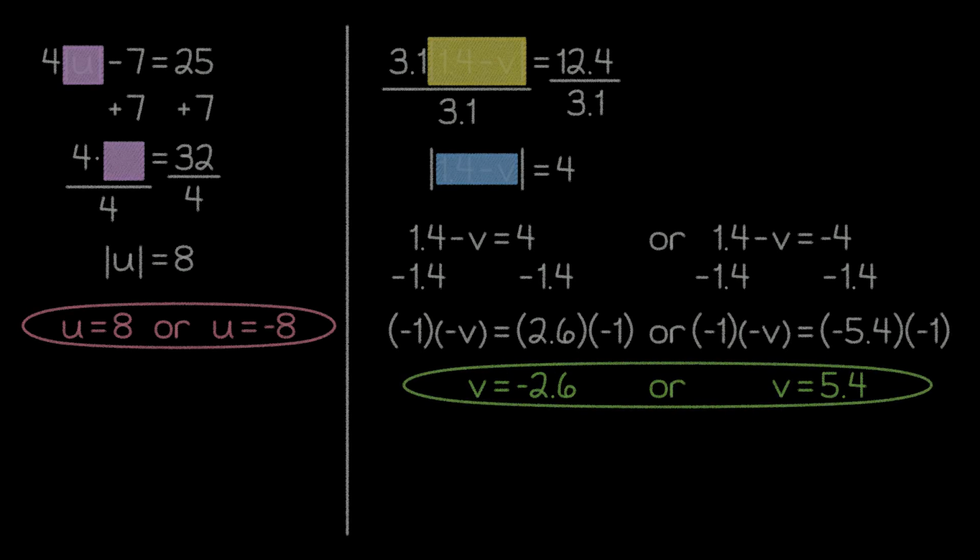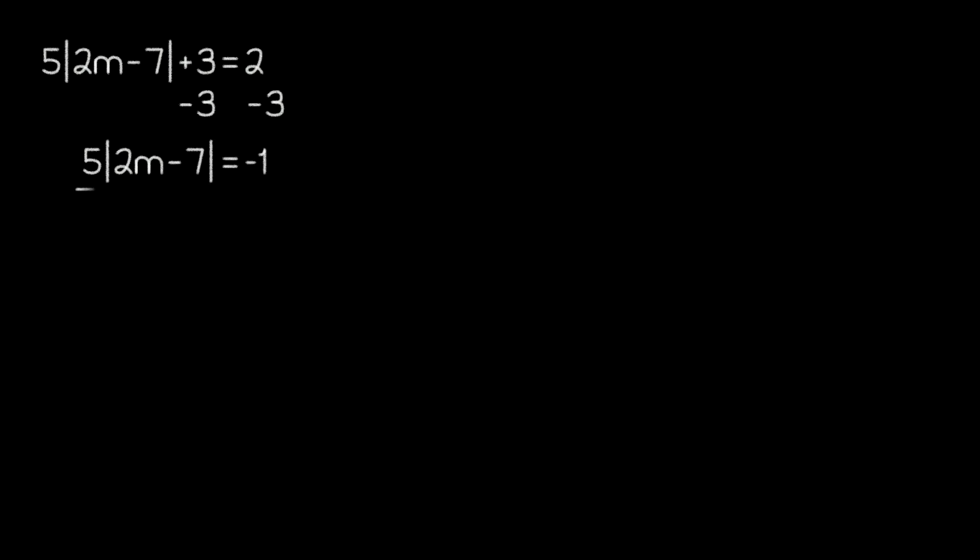Now that we've solved several absolute value equations using the boxing method, let's reduce the amount of boxing on this screen. Instead of drawing a box around the absolute value portion of our next equation, let's just work through the first couple of steps with the understanding that we could draw a box there if necessary. Then, when we subtract 3 and divide by 5, we end up with this equation.